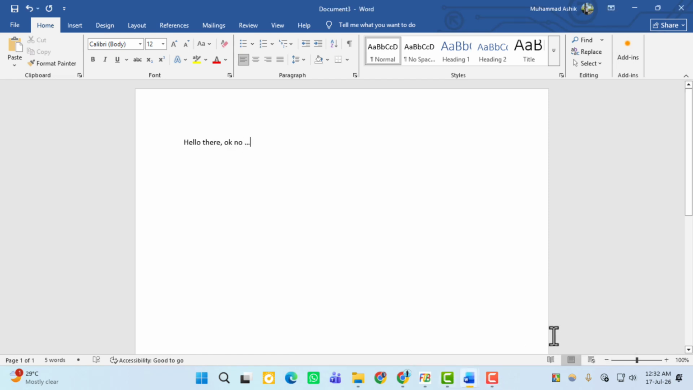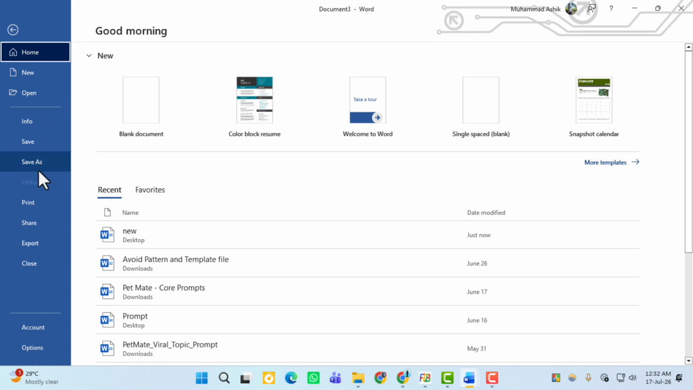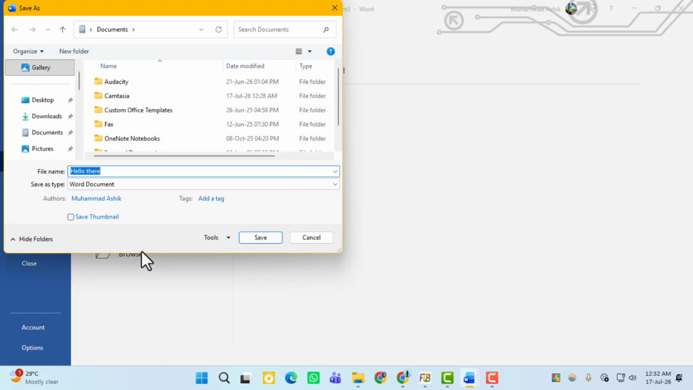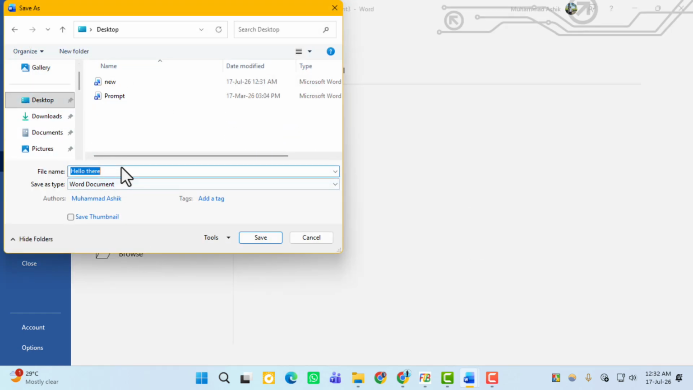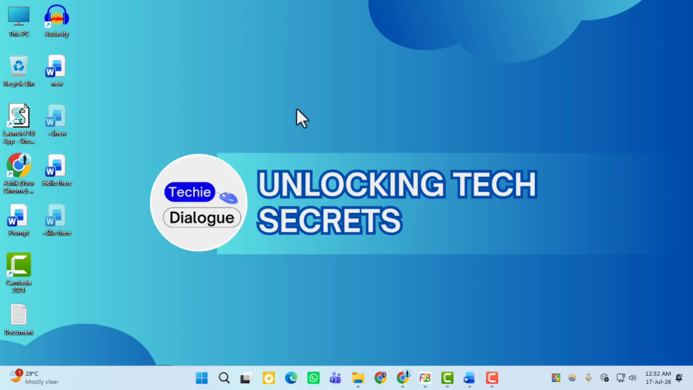Finally, save your new document the exact same way as before: click file, select save as, then click browse, type your file name and hit save. And that's really all there is to creating a new document in Microsoft Word, whether you are starting fresh or juggling